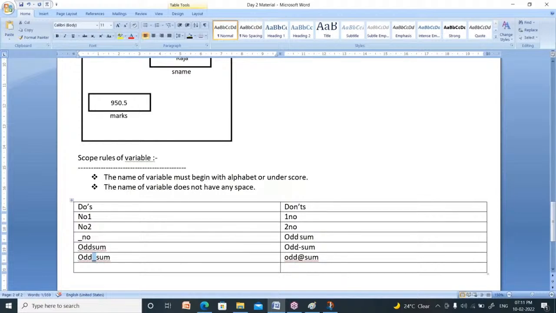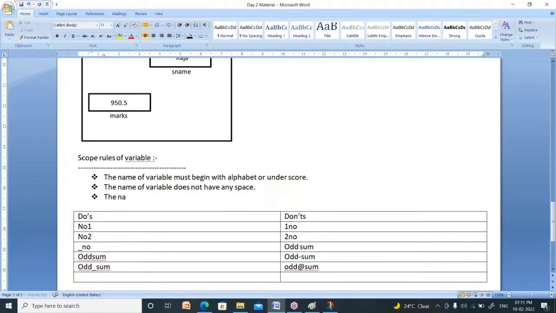It doesn't allow any special character like minus, plus, into, by, at the rate of symbol like that. Now what is the third rule? The name of variable does not allow any special character except underscore. Except underscore, you should not use any special character.